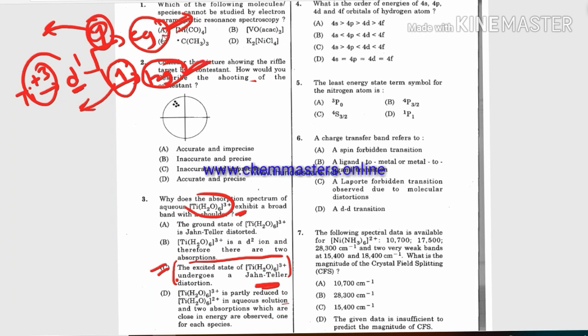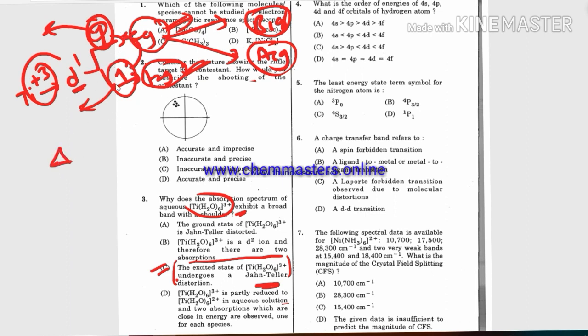Okay, so in that case, Eg further splits into electronic energy levels as A1g and B1g. Just due to that splitting, or Jahn-Teller distortion, we can observe a shoulder with a broad band. Right, and another possibility or reason is that we can see a possible spin allowed transition, that is there